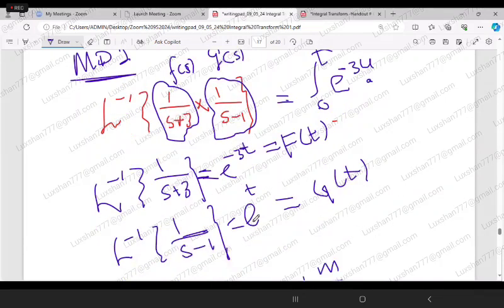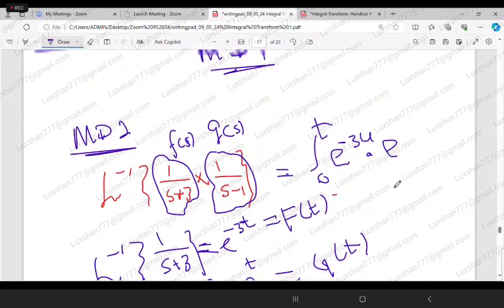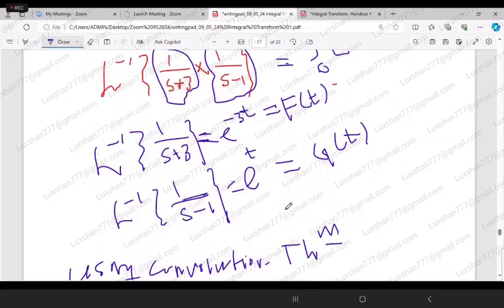So if g(t) is equal to e to the power t, wherever you have t,